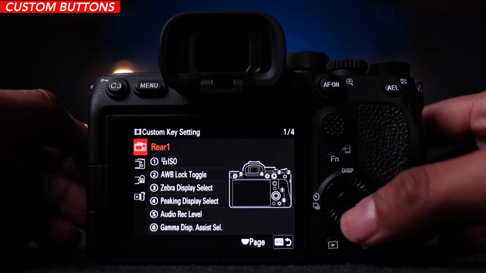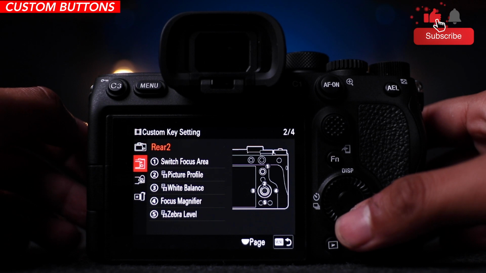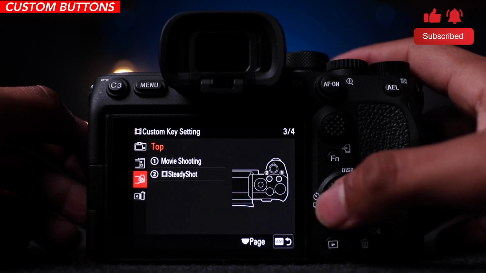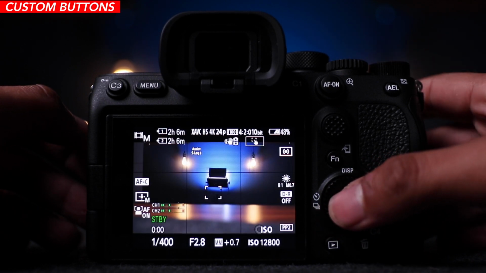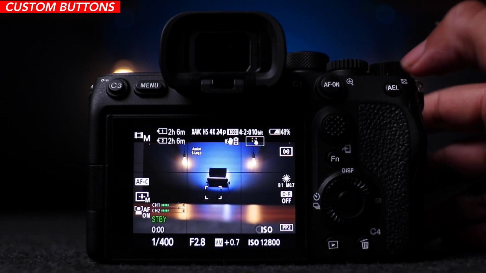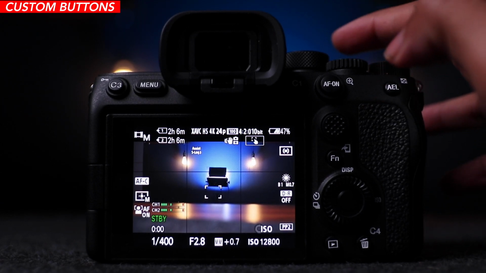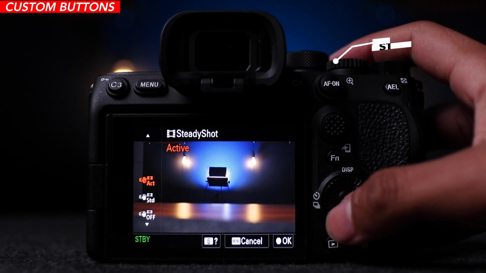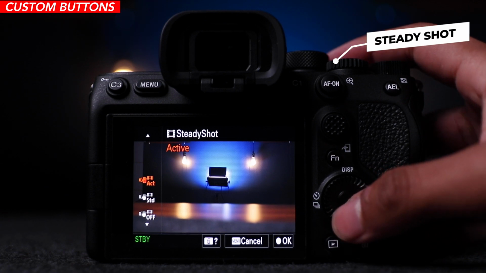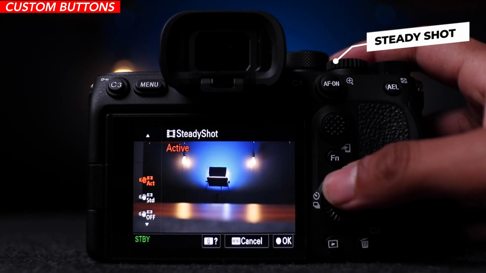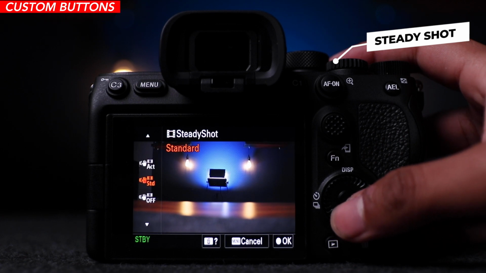And if you want to copy my settings, you could go ahead and pause it. This is rear 1, rear 2, and rear 3. So I'm going to go to the live view and I'm going to show you what each of these settings do. So on the top one, on C2, I have that one as my steady shot, so I could easily go from stabilized and it's going to zoom in,